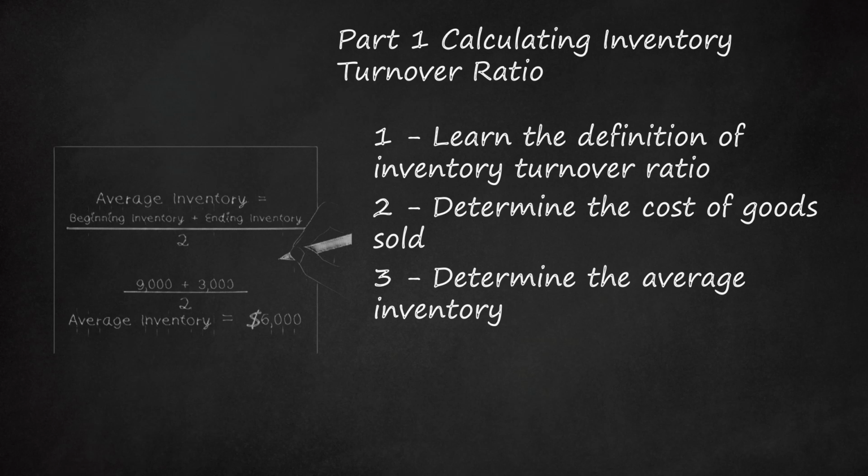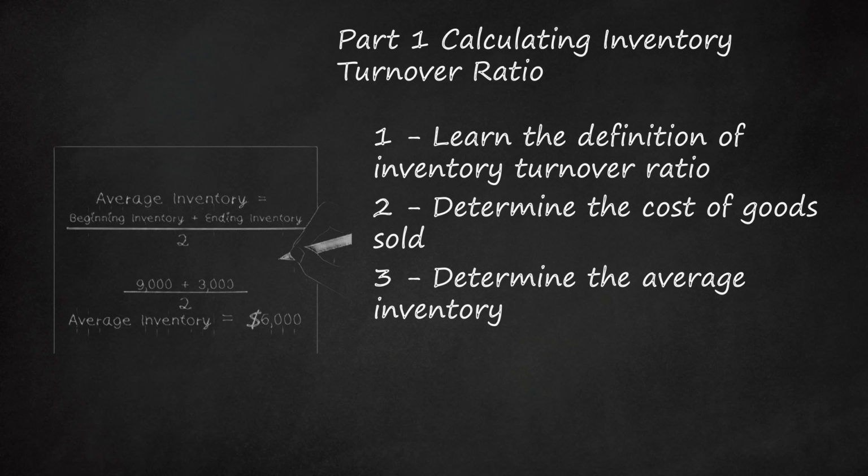The formula for average inventory is beginning inventory plus ending inventory, divided by 2. For example, suppose in a 12-month period, a company had a beginning inventory of $9,000 and an ending inventory of $3,000. Calculate the average inventory with the formula $9,000 plus $3,000, divided by 2 equals